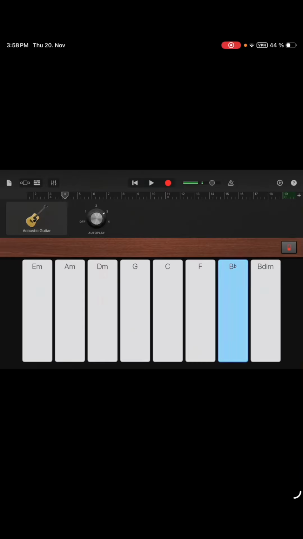But I told myself again, I'm not trying to make great music here. It's just for the background of the video. So I swallowed my pride and used the autoplay feature on GarageBand. And with that and the chord progression that I had, I was able to make something that kind of works.